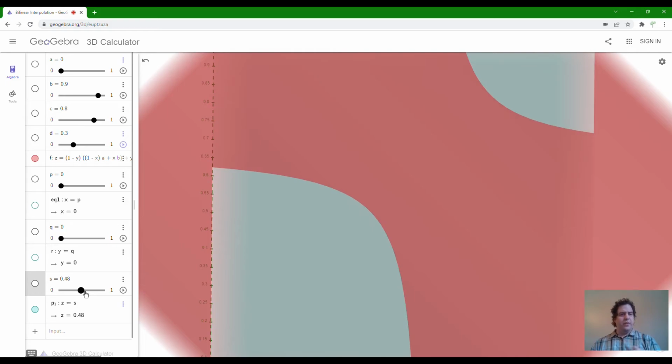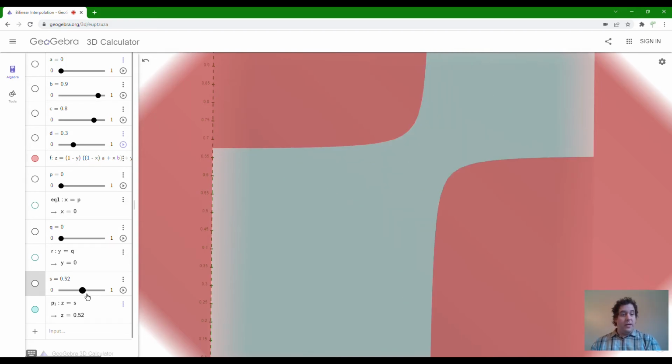And here we can really see the hyperbolas very distinctly as the boundary between these two regions. And at some point it switches over,